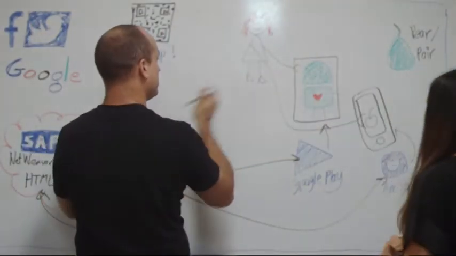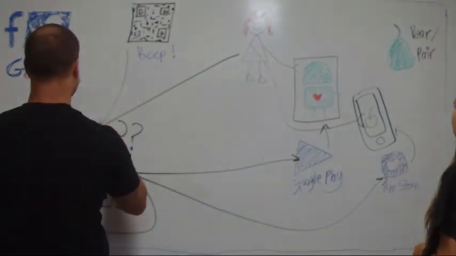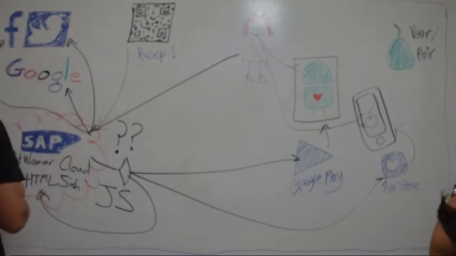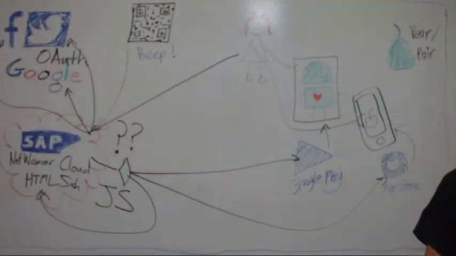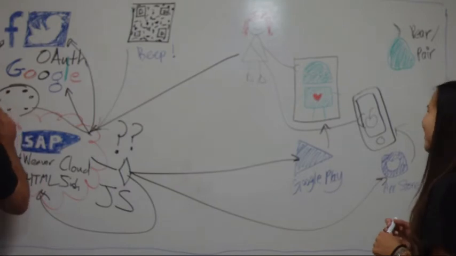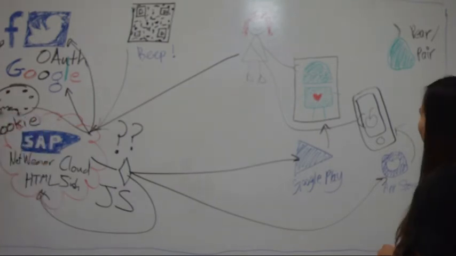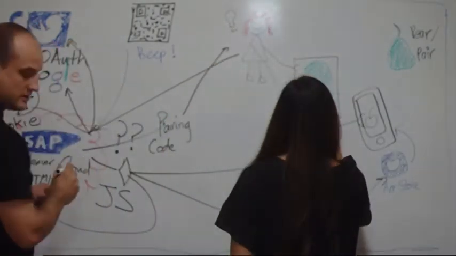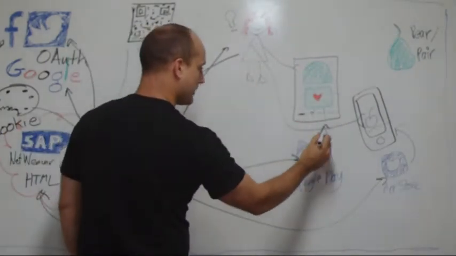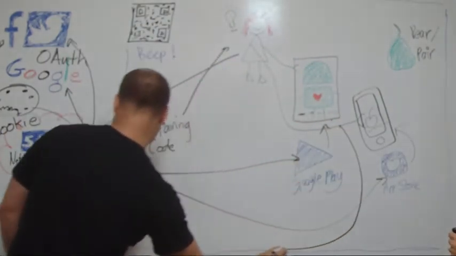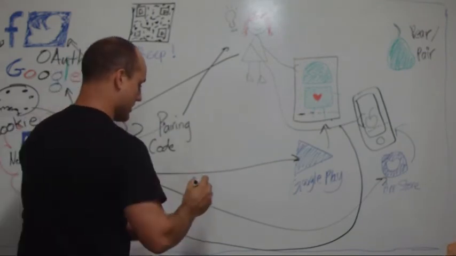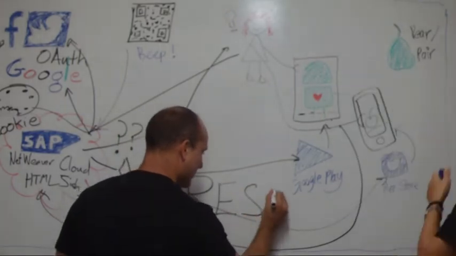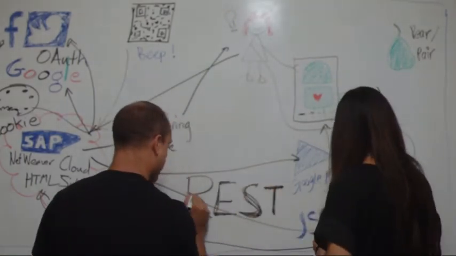You then need to pair your app to the cloud because we want to know which device is which, so we can do some device management. You sign in then using your social media, which gets a cookie on your browser, and that allows you to sign in and access all the different pages. We use then a pairing code. Now that pairing code is read from the display and then entered into your mobile device. So that's good because that's an extra layer of security, because we're not sending the authentication code through the same channels, you see. Right, then the device uses some of our REST protocols and using some JSON, not OData, and